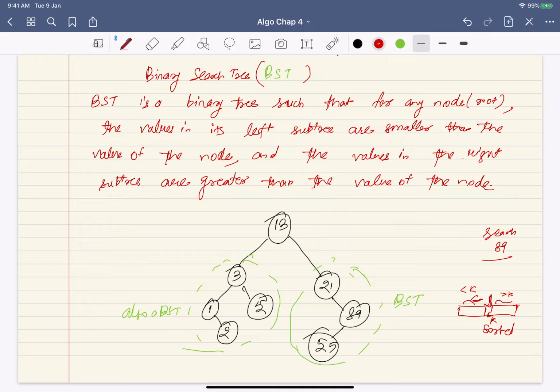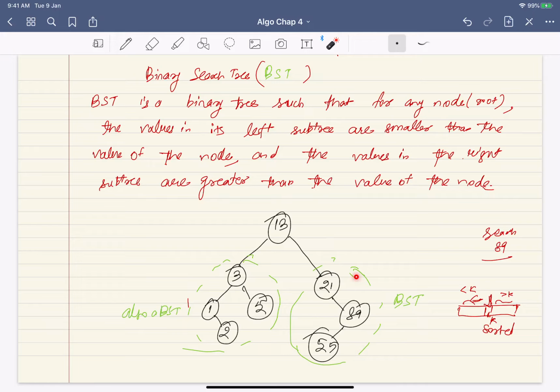So you have this root, and all values in the left are smaller than this, all values in the right are larger than this. So how should I do the search? I have the pointer to the root. See if it is equal to the key I am searching for. If it is so, I return that. Otherwise, if it is larger than the key, then the key would be in the left subtree. If it is smaller than the key, that means the key has to be in the right subtree. So I have to now search in the right subtree. I don't need to go to the left subtree.